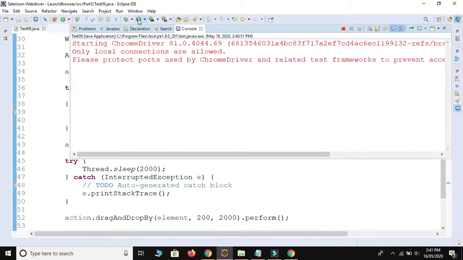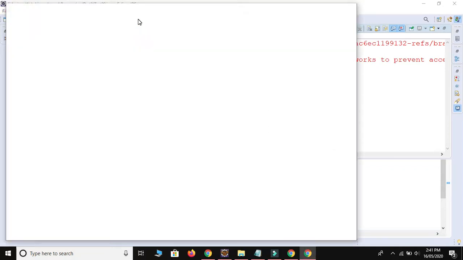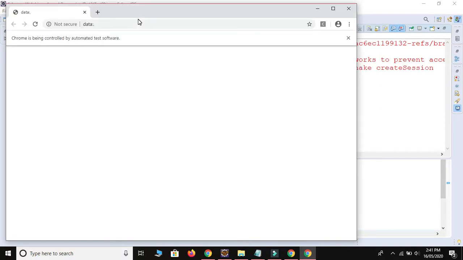It will launch Chrome, maximize, launch the URL and then start the execution of our script. Okay, it will take some time. Just wait for the complete loading.